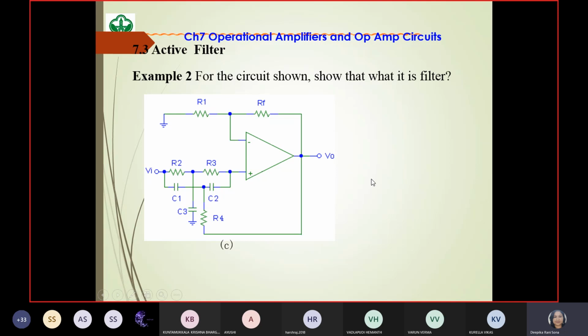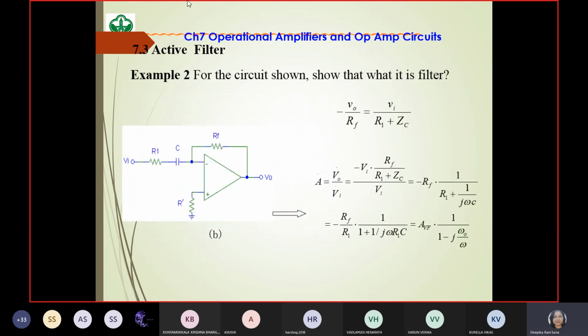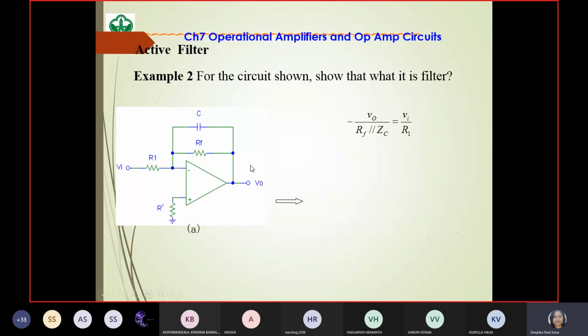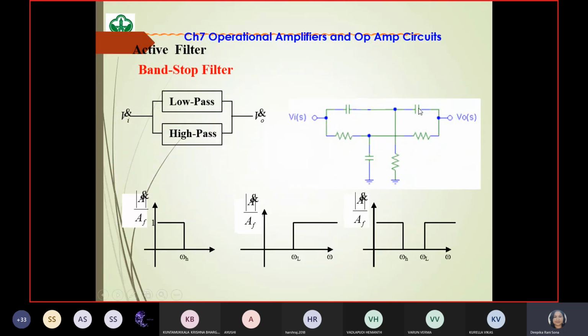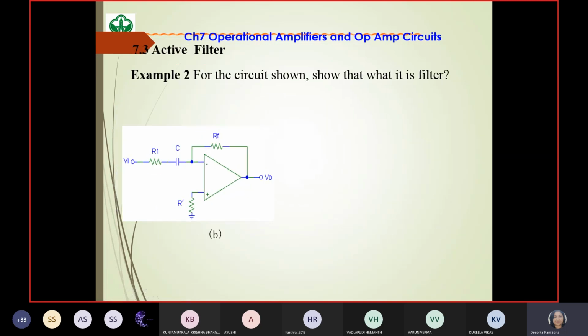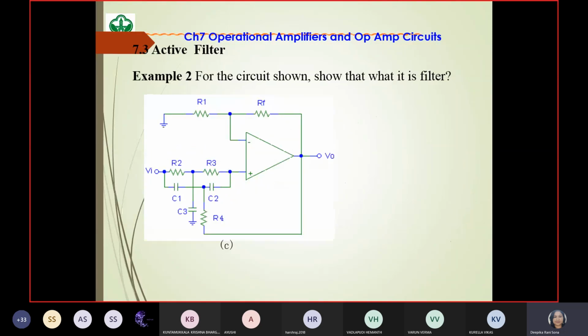Yeah, this is also what type of filter. I have shown you this setup arrangement previously, na? Just have a look once again. Just remember two capacitors are there. So V naught to V in, we have to calculate the ratio, and here one intermediate capacitor is there which is grounded. Two capacitors, two resistors are connected in parallel, and here in series, even though they are connected, here one resistor, here one capacitor, that is showing the configuration of a band stop filter. So if that is the case, you have seen now, you tell me, this belongs to which filter?